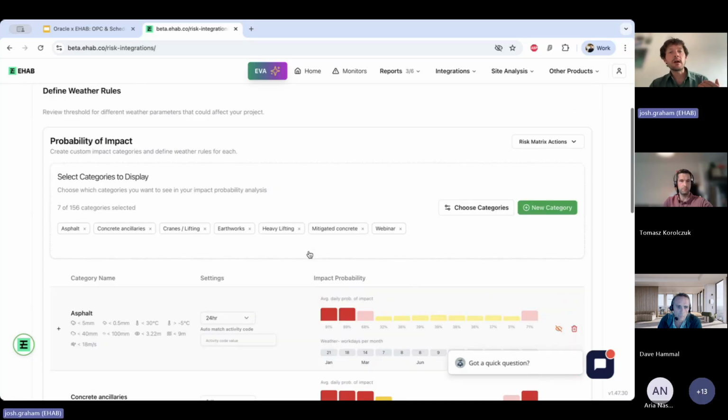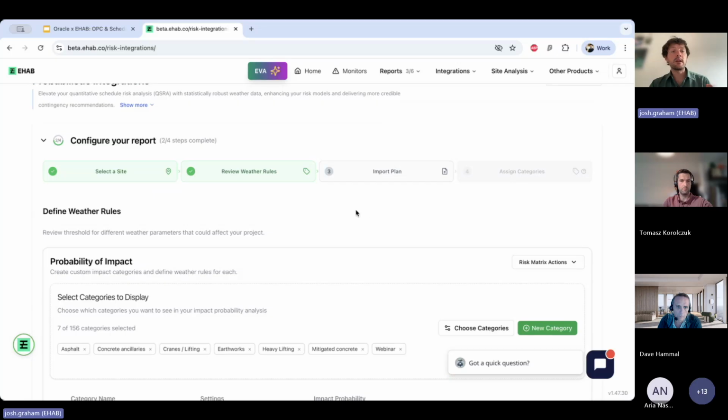But when we actually create the calendars, and when we push that information, as we're about to, into the schedule risk analysis, then what we do is we weigh the most recent years in the data set more heavily. And we're actually about to release a low, medium, high scenario, which would give you the ability to choose as well.